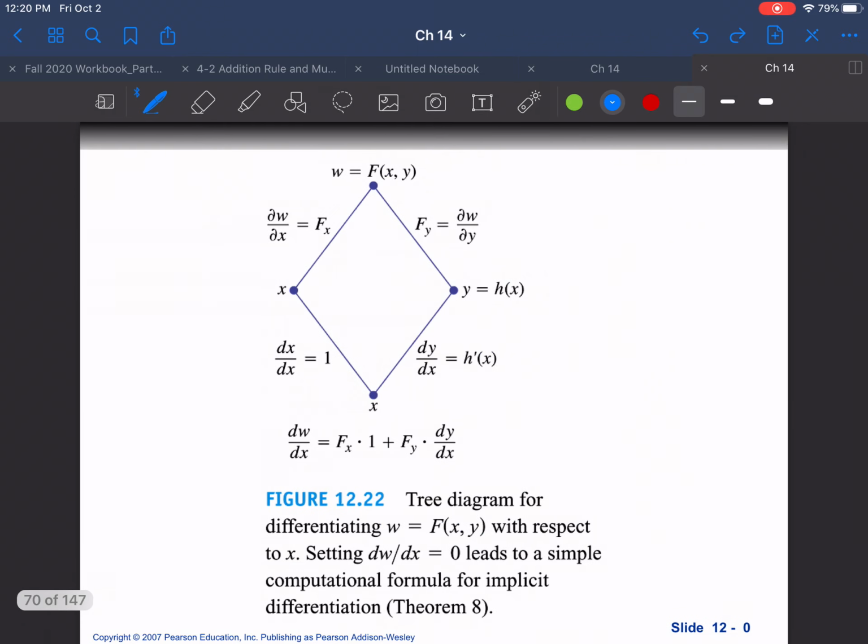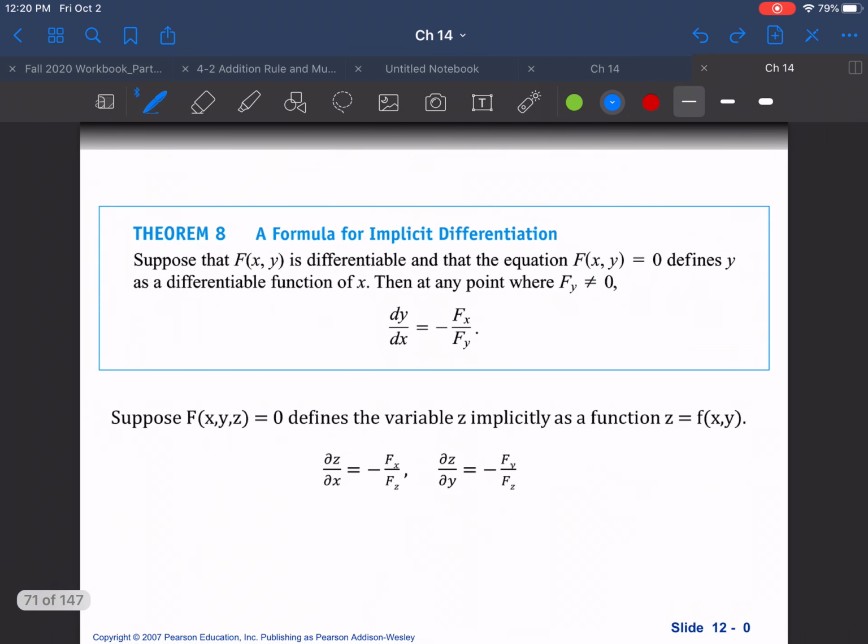All right, here we have a tree diagram differentiating w equal to a function of x and y with respect to x. Okay, and if we actually go through and set dw dx equal to 0, then we can get a simple computational formula for implicit derivatives. So if we take that part out of there, we have an implicit derivative. If we do that, we get this right here. Essentially what we get is that